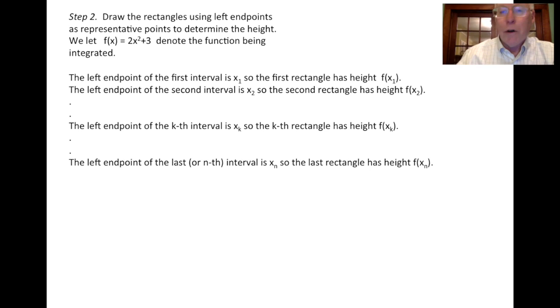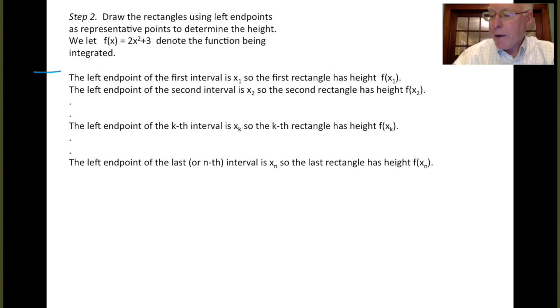So we go back to the picture we just finished and we look at the left endpoint of the first interval, which went from x0 to x1. Of course, that's going to be x1. And so the height of that rectangle will be f of x1, the height to the graph. The left endpoint for the second interval, which goes from x1 to x2,